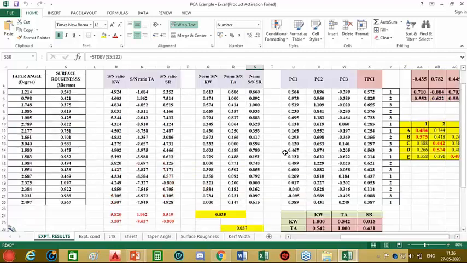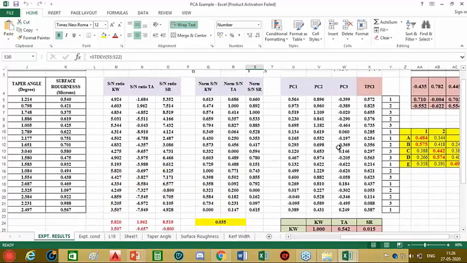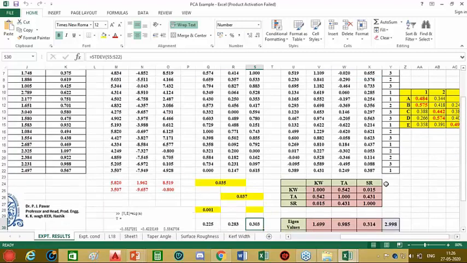Now we prepare this Pearson correlation matrix. One thing is very clear: this matrix will tell you how much two variables are correlated to each other. Here we may get a positive sign of covariance or a negative sign of covariance. A positive sign of covariance represents that these two variables move in the same direction, whereas a negative covariance means that two variables are moving in the opposite direction.